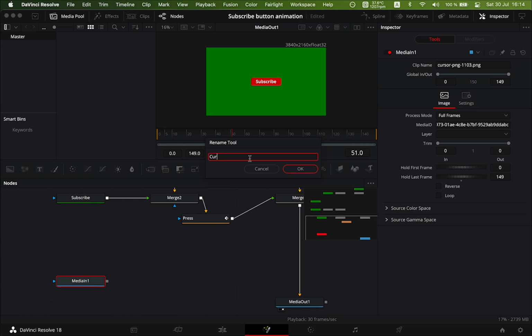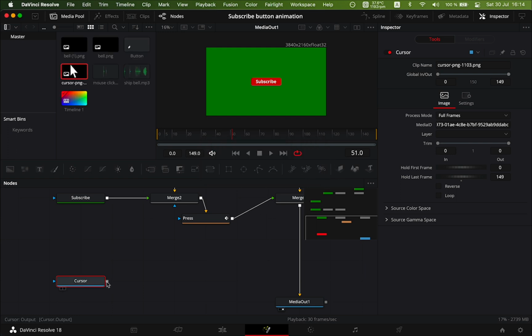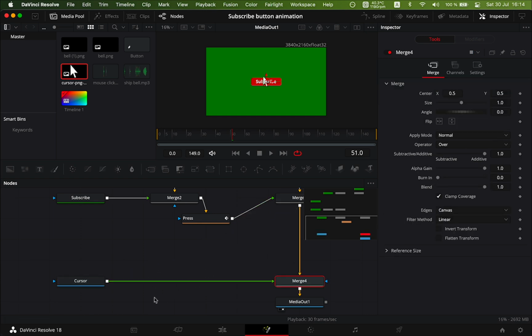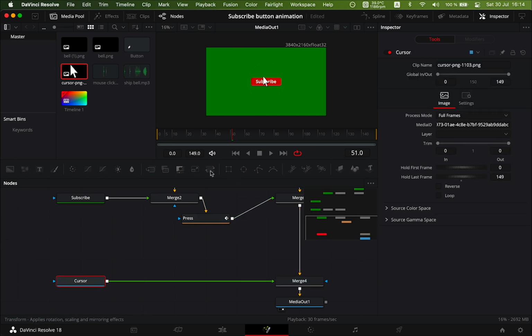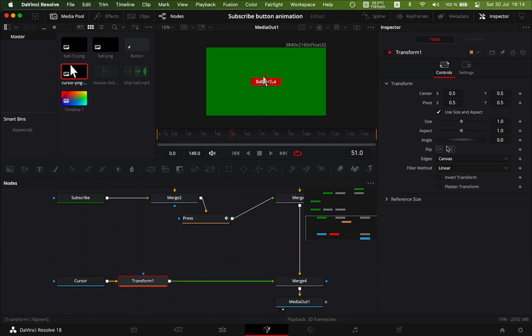We will call it cursor. Okay, now we merge it here, and we need to add transformation node to make it smaller first,